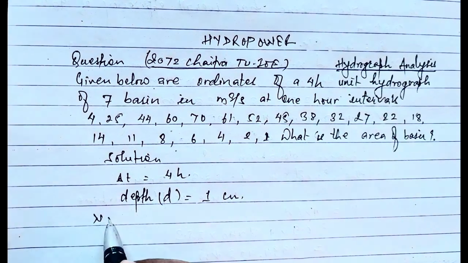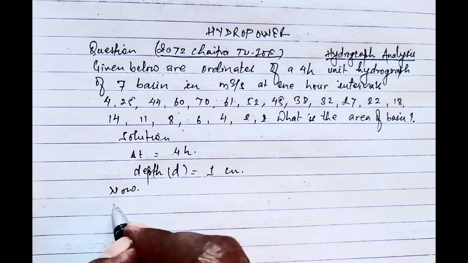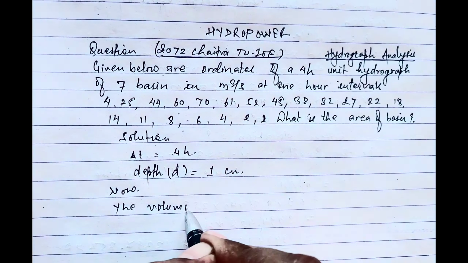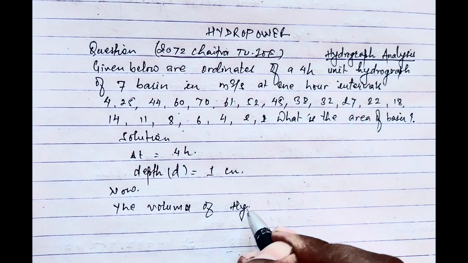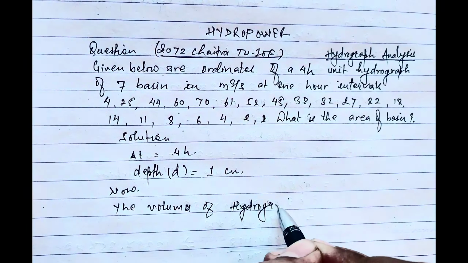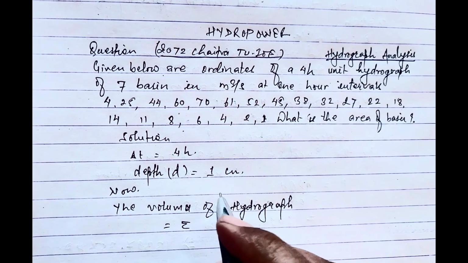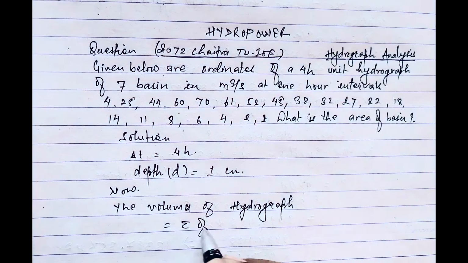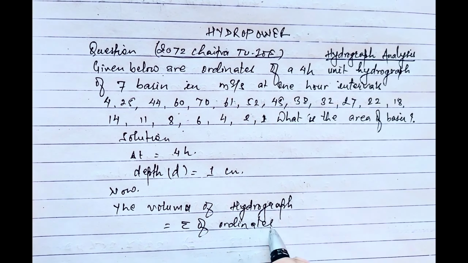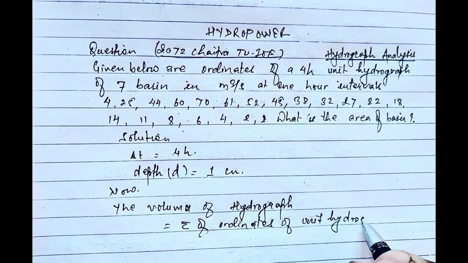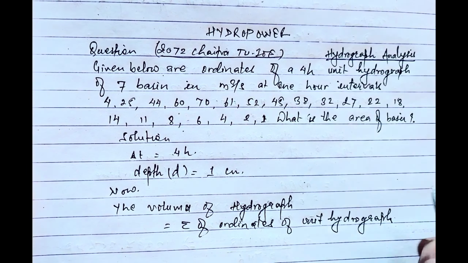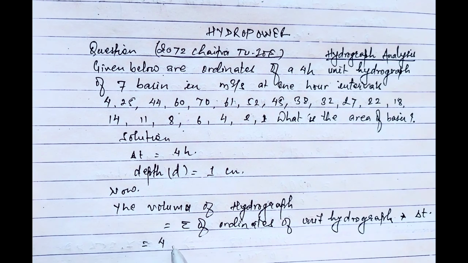So now the volume of the hydrograph is equal to the summation of ordinates of the unit hydrograph multiplied by del T. At time equals, the ordinates are 4 plus 25 plus 44 plus 60 plus 70 plus 61